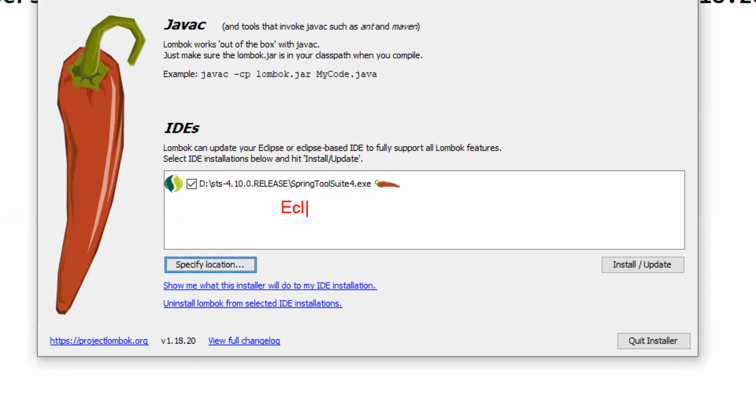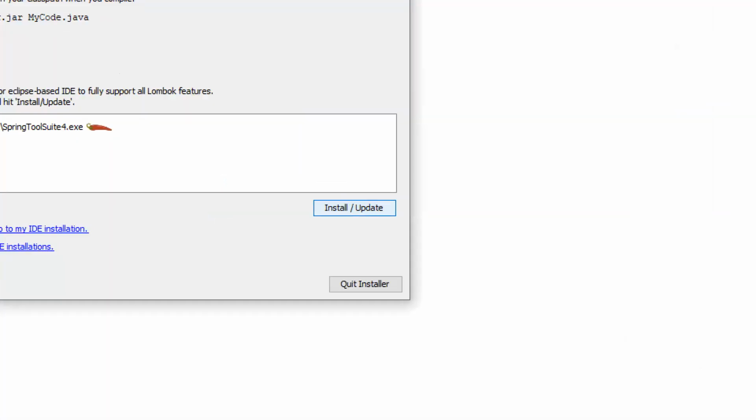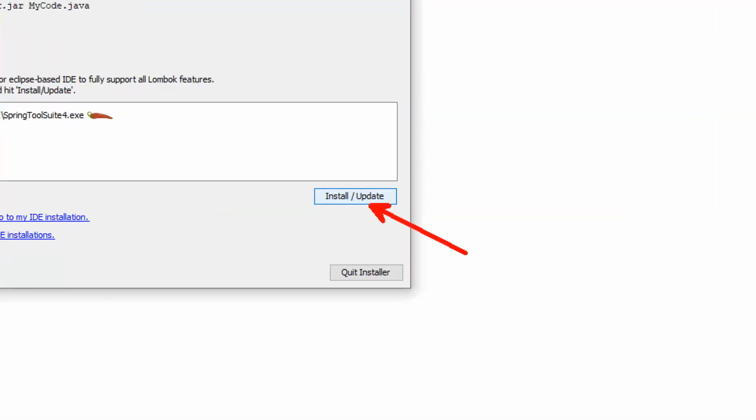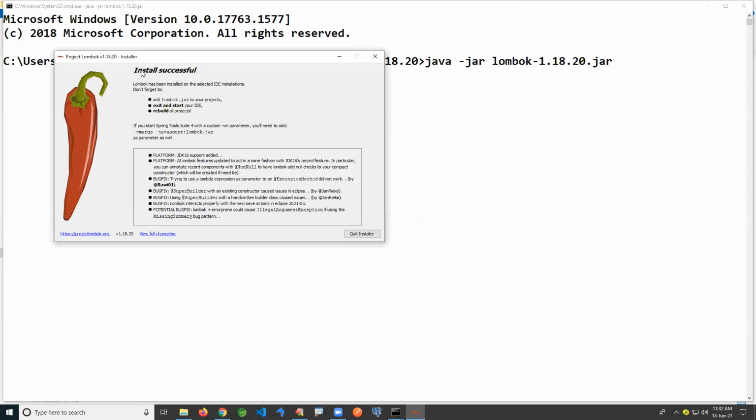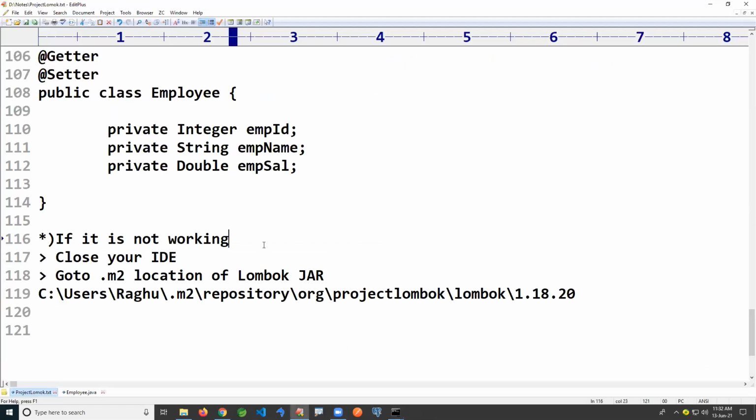You can choose the Eclipse folder location or the STS folder manually. Specify the location and click the Install or Update button. Installed successfully. Quit. It's a one-time setup for one IDE.